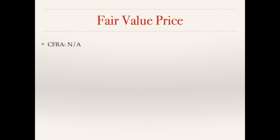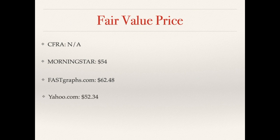So let's look at the fair price for British American Tobacco. CFRA, however, doesn't have a fair price. They don't cover the company, so that's okay. So we'll use the other four. Morningstar gives a fair value price of $54. Fast Graph, as we just saw, with a PE multiple of 15, gives a fair price of $62.48. Yahoo came in at $52.34, and my dividend discount model analysis at